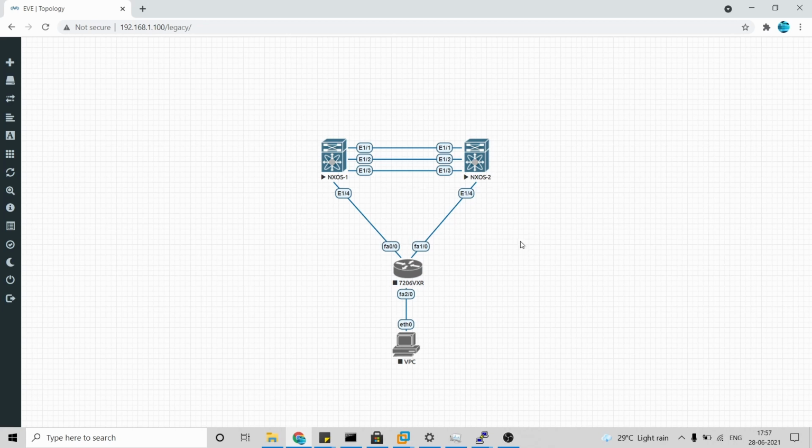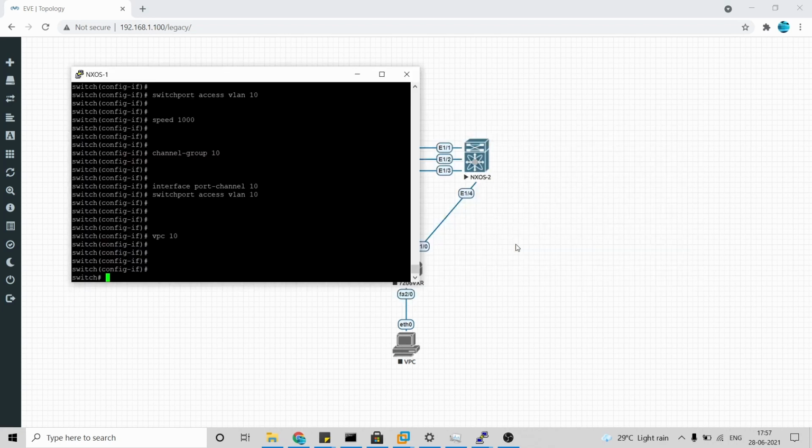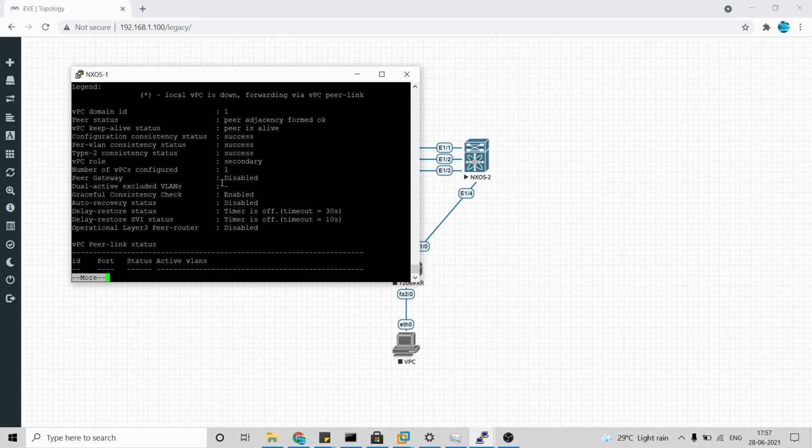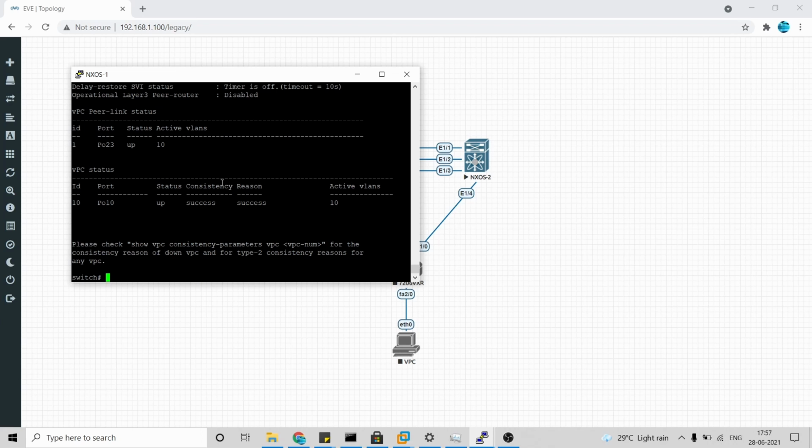So to see how the VPC is up, the command is show vpc. There are a lot of commands, but we have just enabled one port, so I'm giving an easier command. The detailed command for that will be show vpc | begin "vpc status".